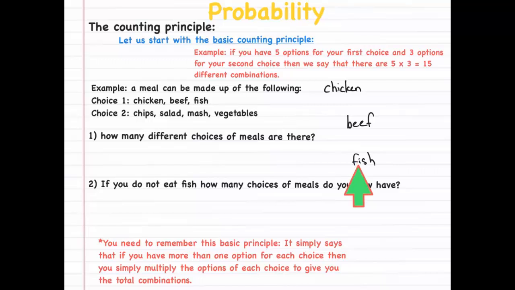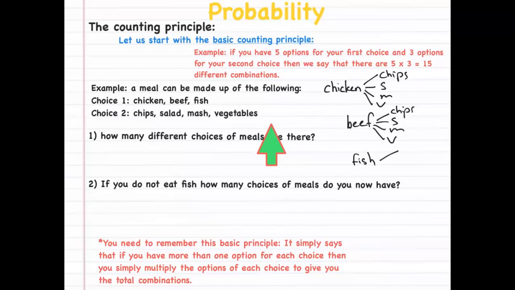Now, each one of these can come with either chips, salad, mash, or vegetables, because in your second choice you have 4 options. So let me quickly write that out, and that means for your chicken you can have chips with it, and then I'm just going to write the first letters of all the others, so either salad, mash, or vegetables. Same with beef, you can have chips, salad, mash, or vegetables. With the fish, you can have chips, salad, mash, and vegetables. That gives us in the end 1, 2, 3, 4, 5, 6, 7, 8, 9, 10, 11, 12